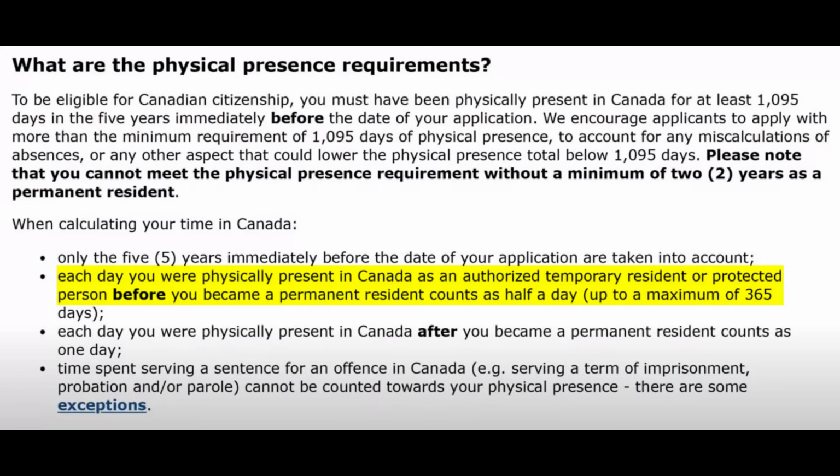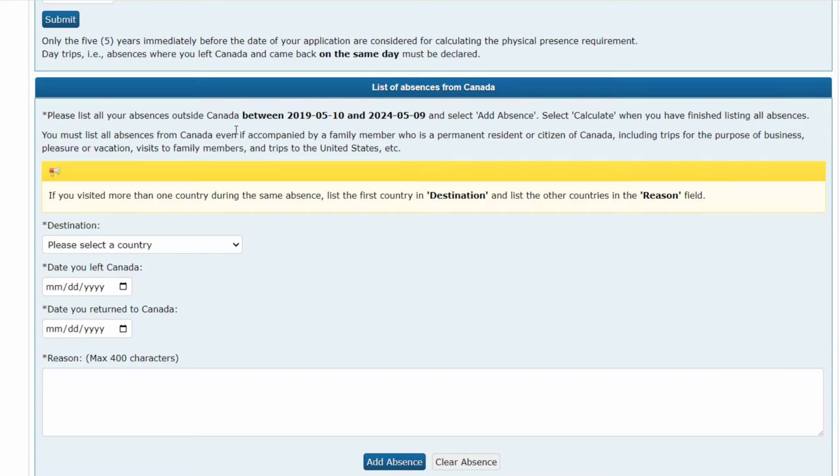Therefore, in order to get the maximum 365-day credit, you need to be physically present in Canada as a temporary resident for at least 730 days during your eligibility period. You should declare all time spent in Canada during your eligibility period. This will allow you to count the maximum number of days that you were physically present in Canada on your application. List all absences. Even if you come back the same day, to use the Physical Presence Calculator you must